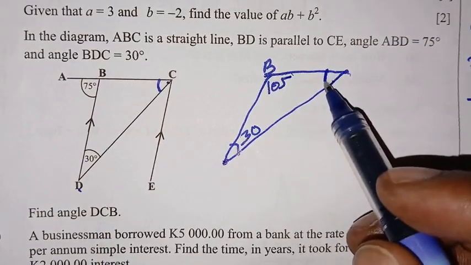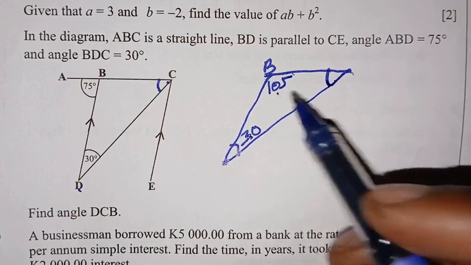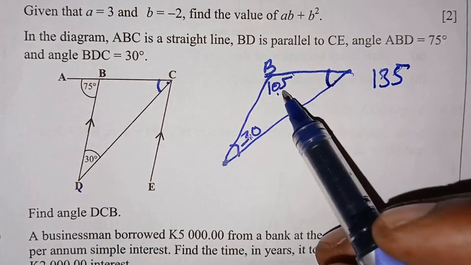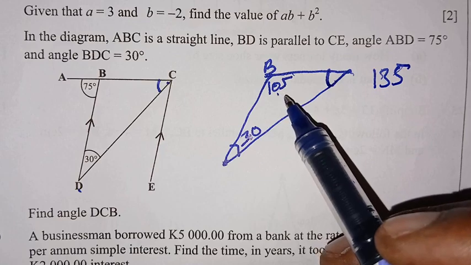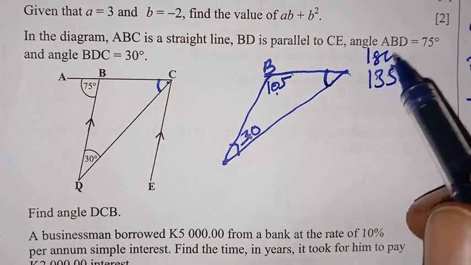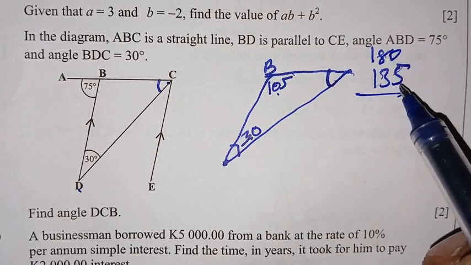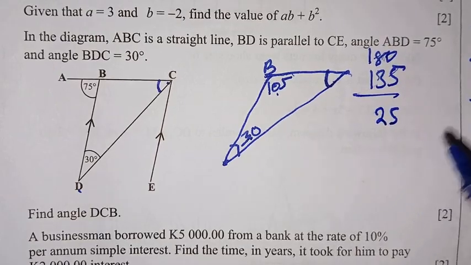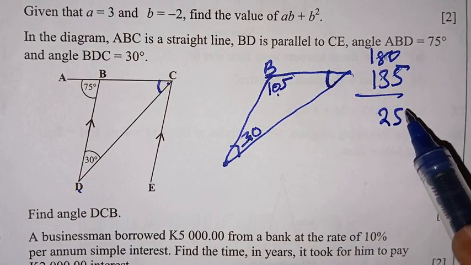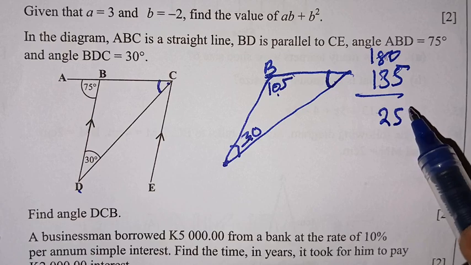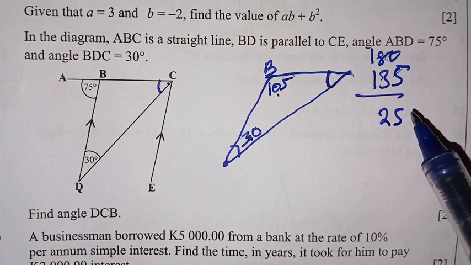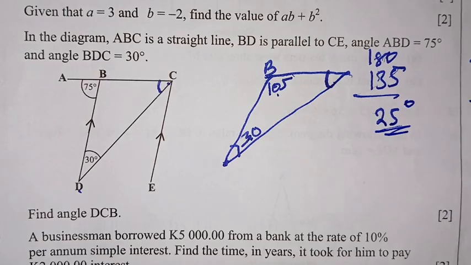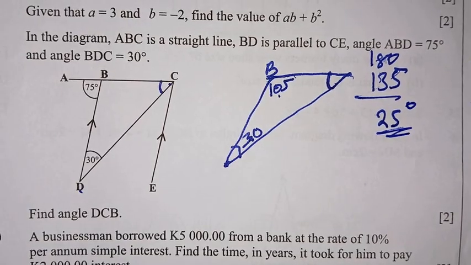So then to find this angle that we want, we could just add this and that to have 135. And then because the 3 angles in a triangle add up to 180, we can subtract this from 180 and see what we'll get here. So this will be 5, and then this will be 25 here. This is going to be 25. Do you get that? Yeah, so this is going to be 25 degrees. So this is one method. Then the second method now